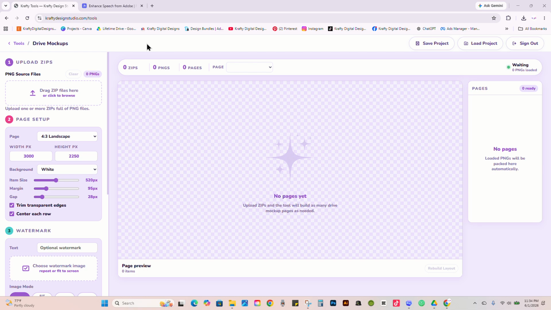Hello, everyone. I am so excited to be giving you guys a tutorial on the Drive Mockups tool. This is one of the newest tools I have added to Design Studio, and I am so excited for this